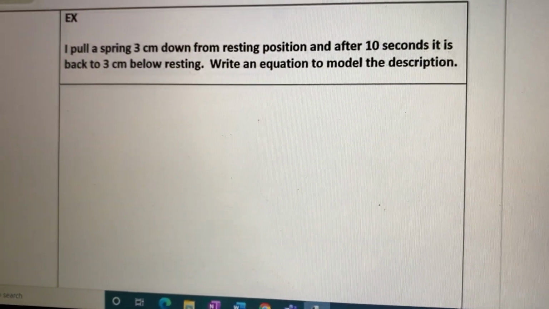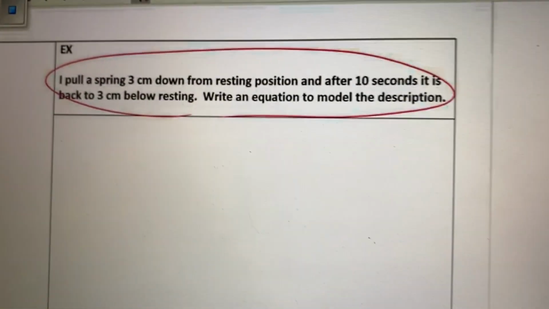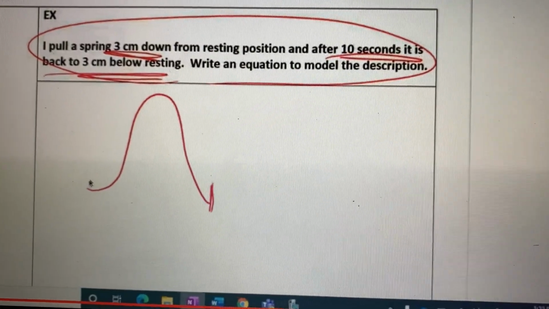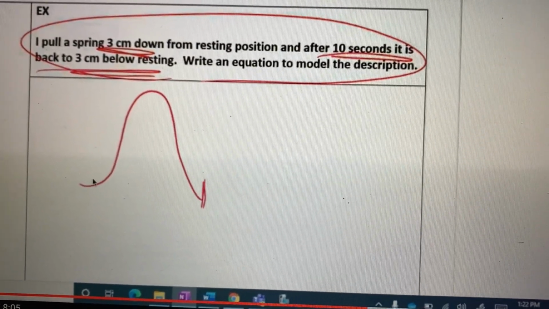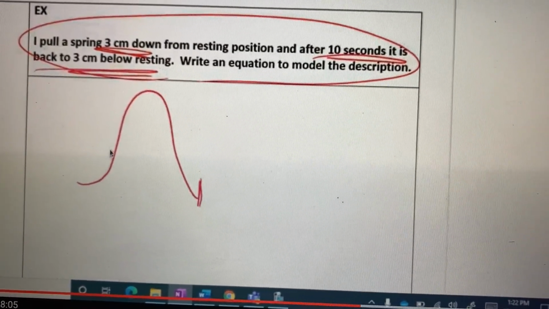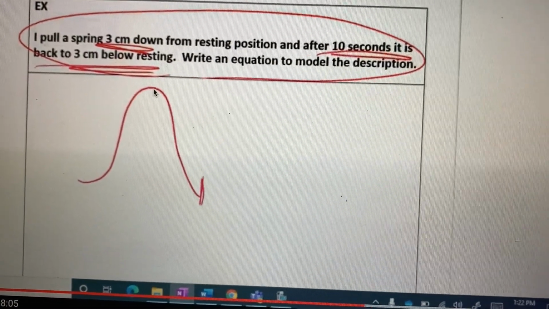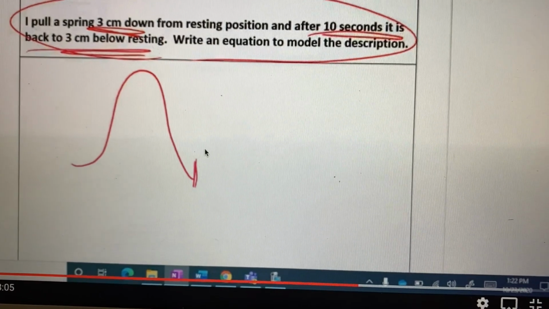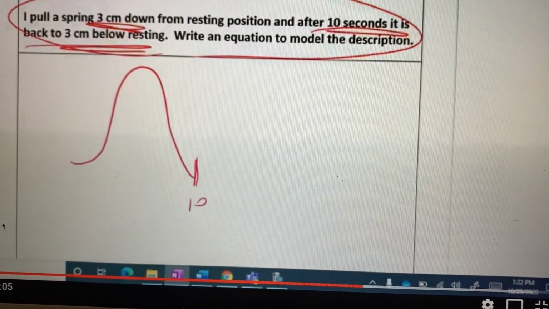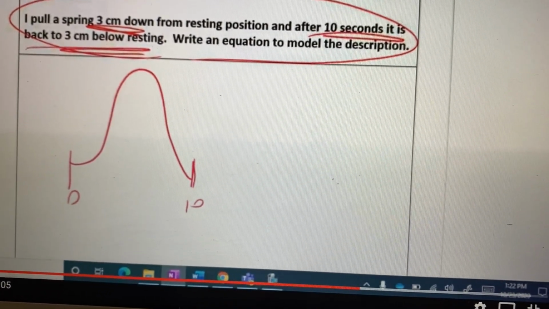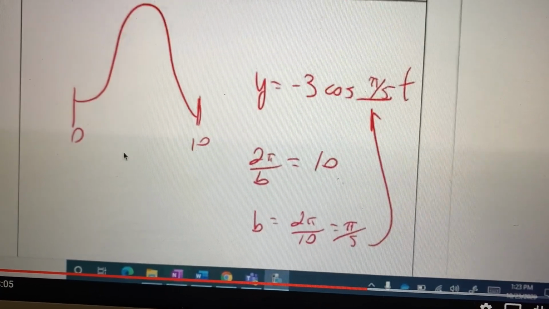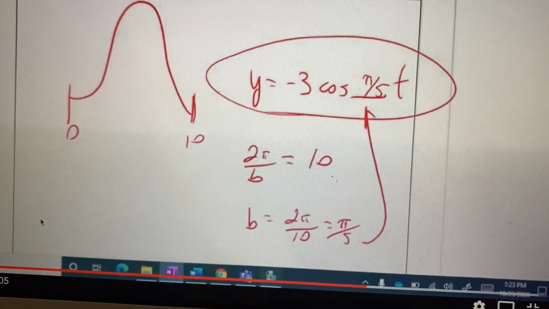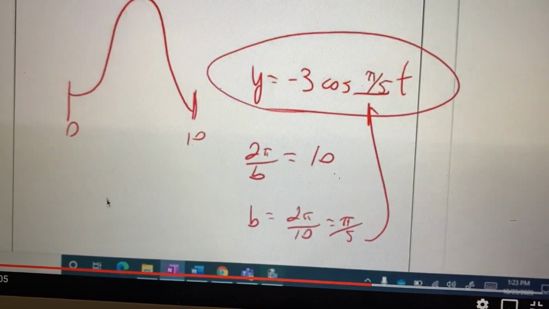Okay, so let's do another one and see how that goes. If you'll notice, it goes down to 3 centimeters. So this is like -3 down here. It's going to go up to +3, and it's going to go back down to -3. So let's watch that. I also know that it's going to take 10 seconds to get from point A to point B. And